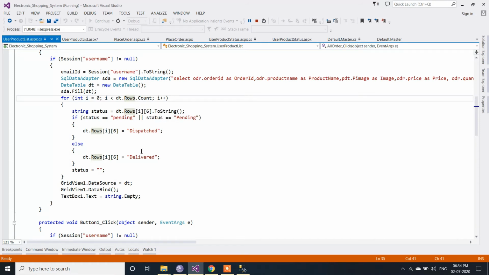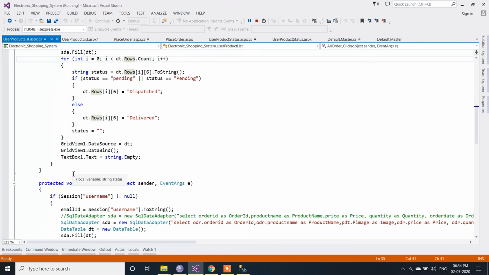Then it will execute this whole part, and again it will go here and increment the counter i. Now it is 1. It will check 1 is less than 2, true. Then again it will execute this part, go here and increment the i variable. Now i is 2, then it will check 2 is less than 2, no, the condition is false. Then it will come out of this for loop and execute this part.